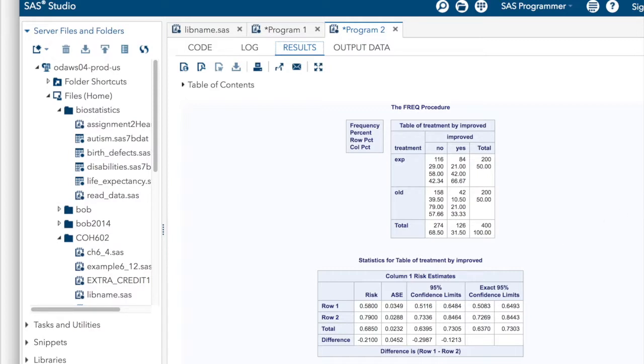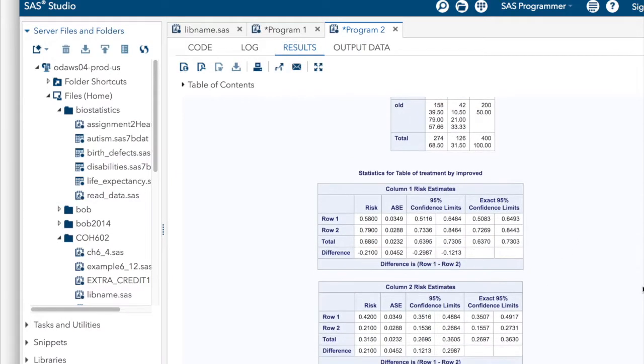at our risk, so the risk would be 58 and 79, and the risk difference is negative 0.21, and the confidence limits for that are from minus 0.2987 to minus 0.1213. Then if we look down here,